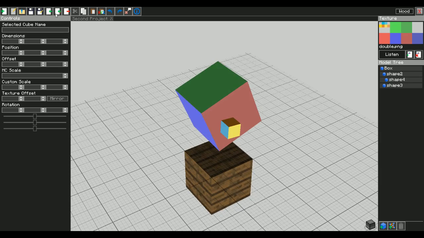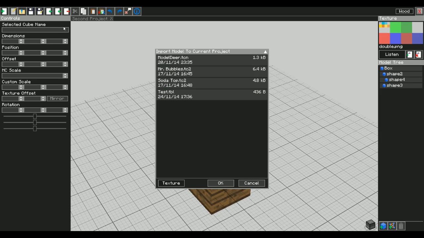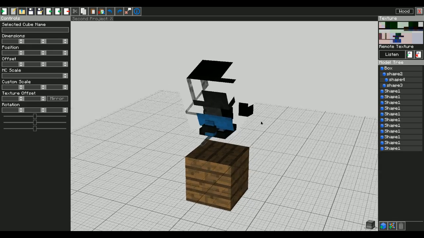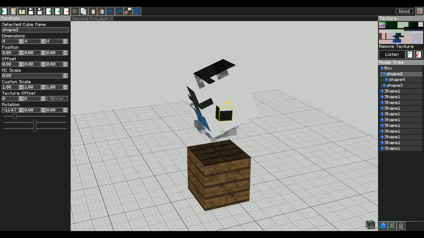We can also import things from save files. So now I'm going to import the soda pop here, well, soda top. As you can see, we have a few different extensions here. We have TCN, TC2, and TBL. The TBL one is from Tabula itself, whereas these ones are from Techne and Techne 2, I think. So what I'm going to do is import that one, and there we go. It's a bit of a mess,